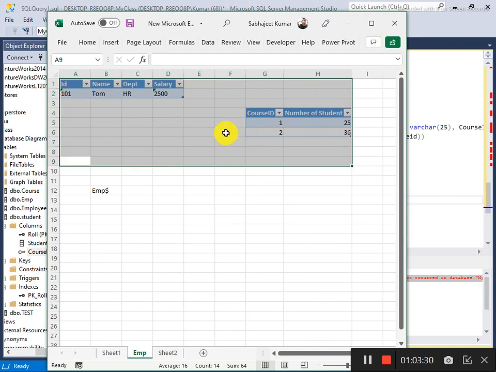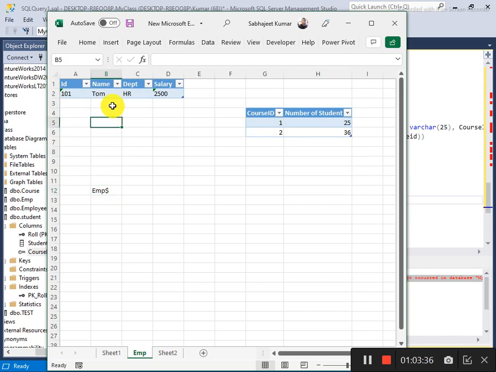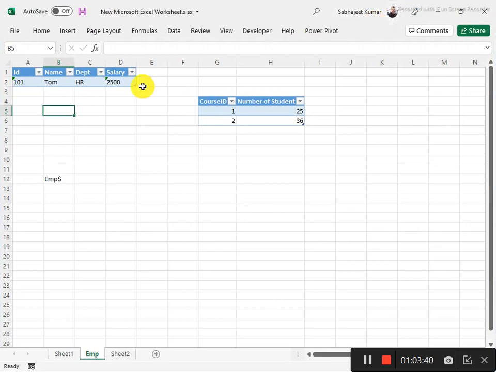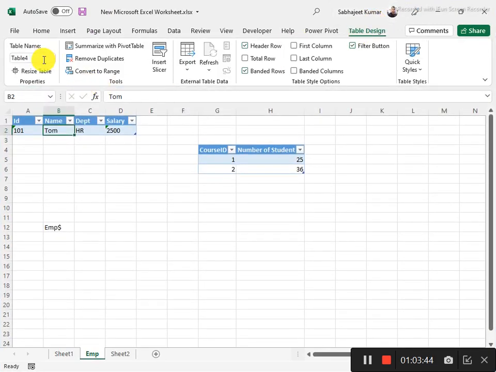On a sheet there may be multiple tables. If you have not given any name, in Excel go here, go to the table design, and give a name to the table, like student or whatever you want, so it becomes a table itself.